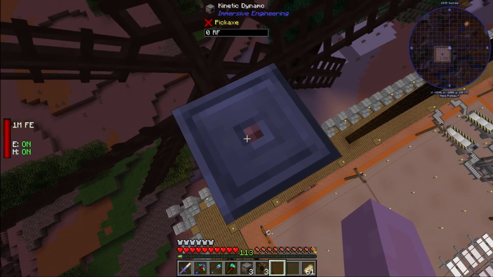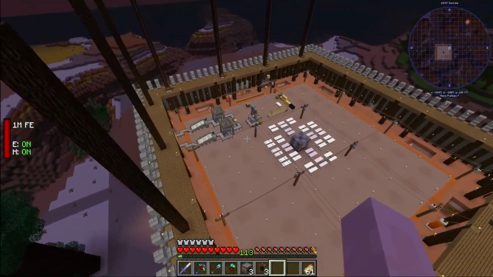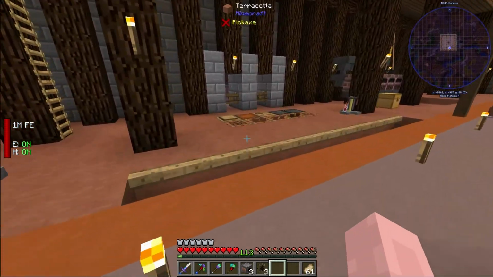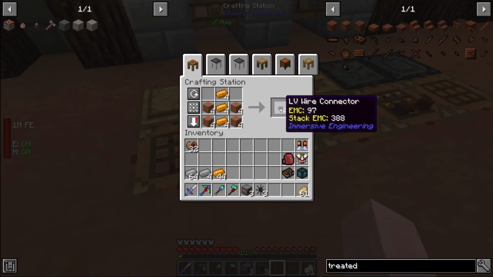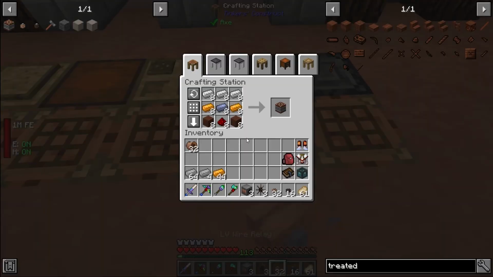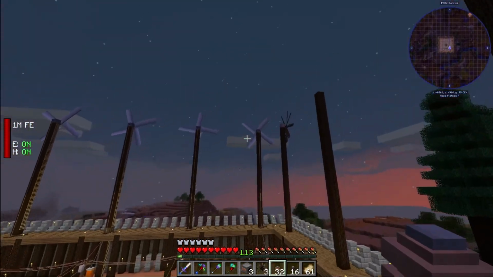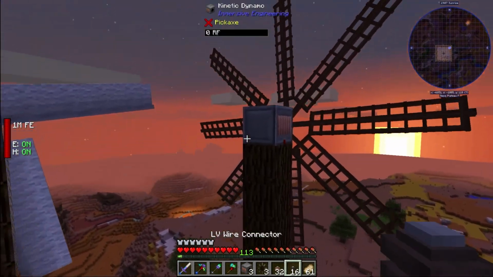Now that it has started spinning, we need a place to get all of the power. Looking inside it, it's not generating any RF, which is frankly weird to me, but we're going to head over here and just toggle hover off, and we're going to make the things that are going to allow us to transfer power over. Those are the LV wire connectors, and those are the LV wire relays. We're also going to make some LV capacitors, and the capacitors are just battery banks that I can store all of this low voltage power in. And we're going to head back up here and do the same thing with a...